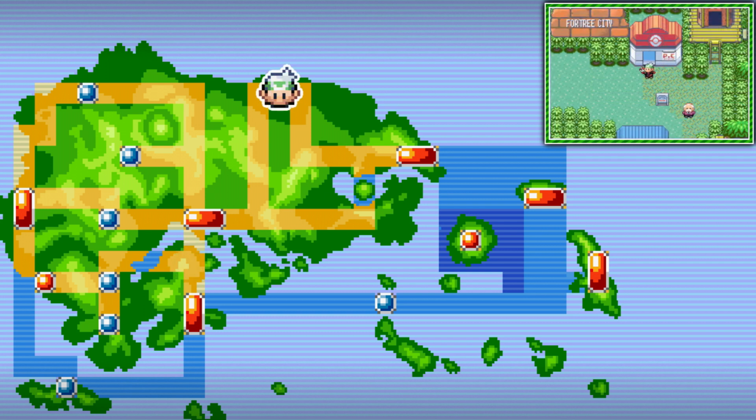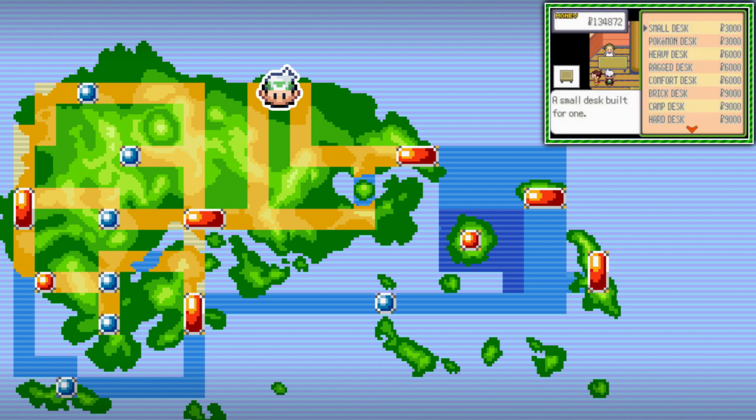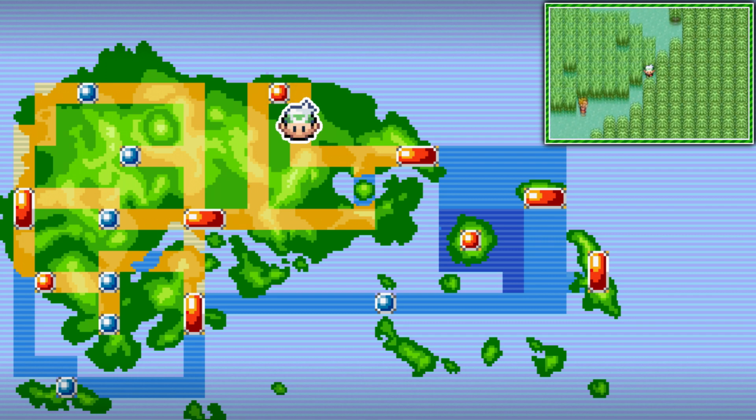Fly back to Fortree City and visit the Secret Base shop. Here they sell a ton of decorations for the Secret Base. Some of them are actually really cool. You can now go into Route 120, for real now, and beat your way all the way through to Central